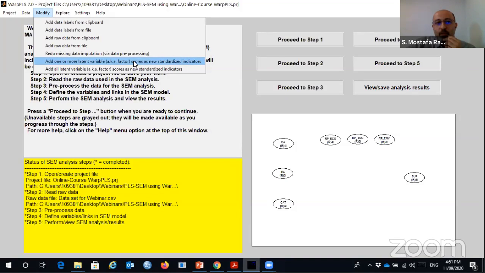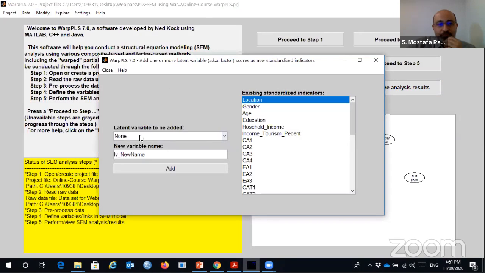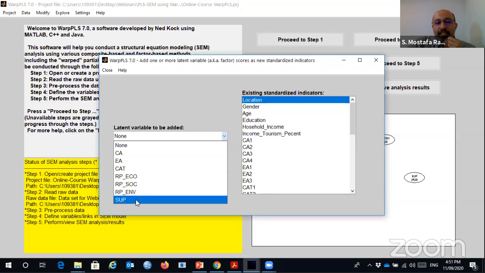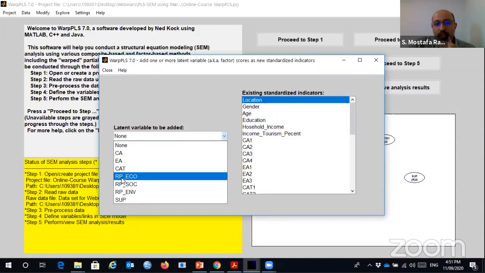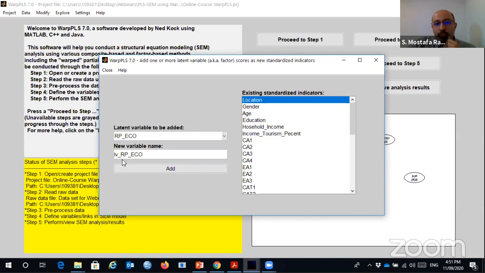Then when we click on this, it asks which latent variable to be added. Which latent variable do we want to add as a new indicator? We want to add the economic perception, so click on economic perception. IV RP echo is the latent variable score of this construct, this dimension. So if we click on add,